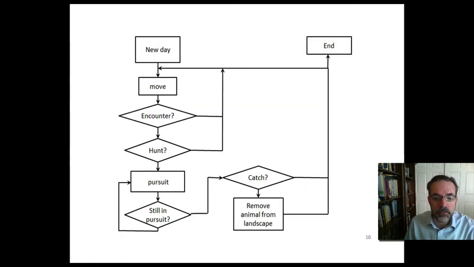This diagram shows the basic decision of each agent. It first makes a decision where to move to. Once arrived in a new patch, it may encounter an animal. The agent will then decide to hunt the animal or not. If it does, it will take a few time steps before the hunt is over. The hunter has a probability to be successful with the hunt, and if it is successful, an animal is removed